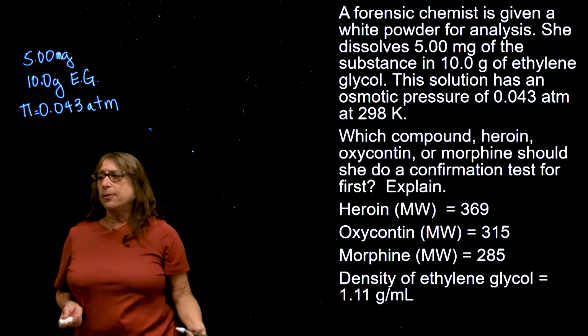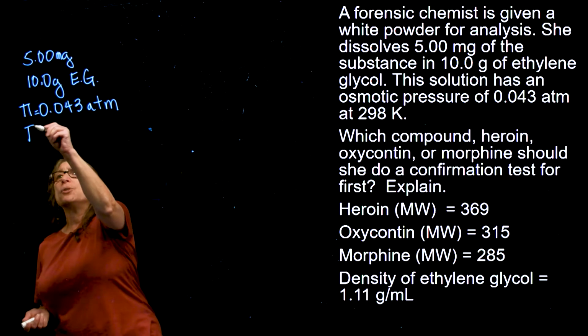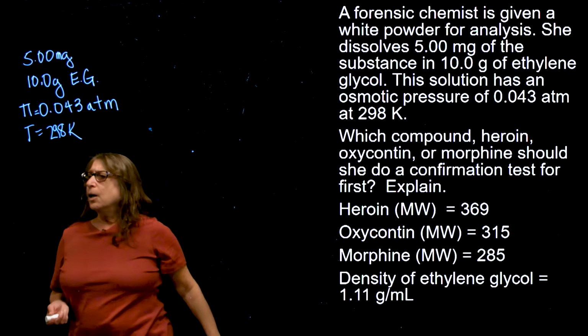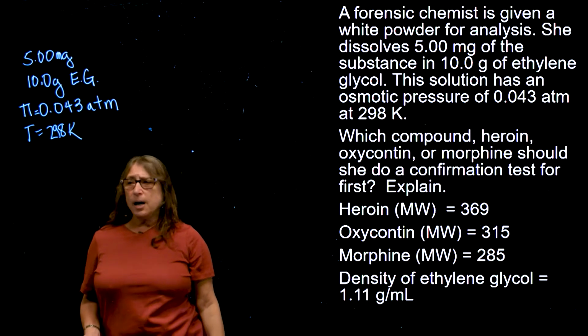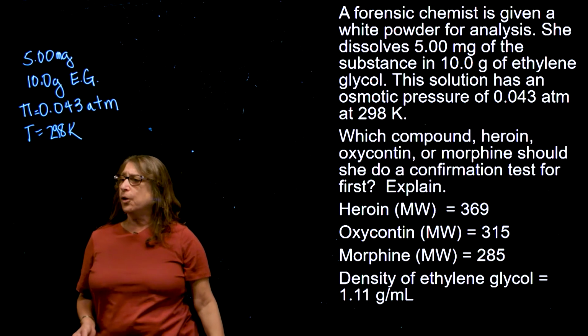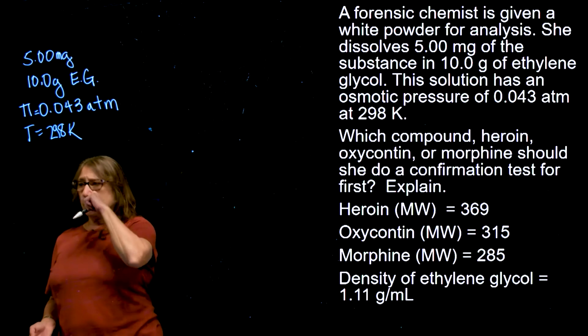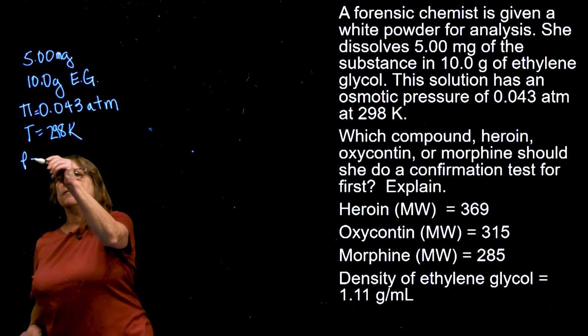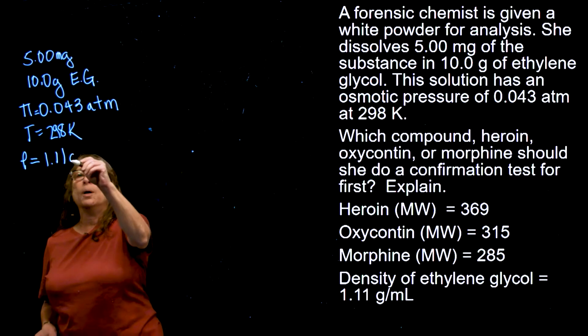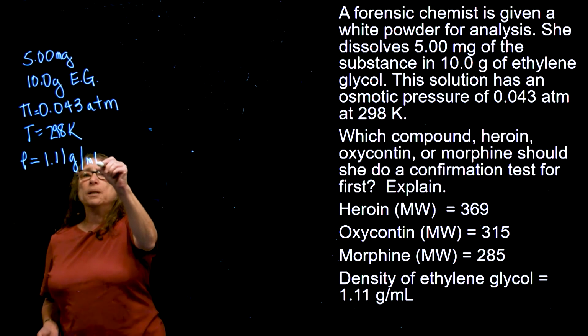And the temperature is 298 Kelvin. Which compound, heroin, OxyContin, or morphine, should you do a confirmation test for first? And we're asked to explain. So some additional information is that the density of the ethylene glycol is 1.11 grams per milliliter, and we have